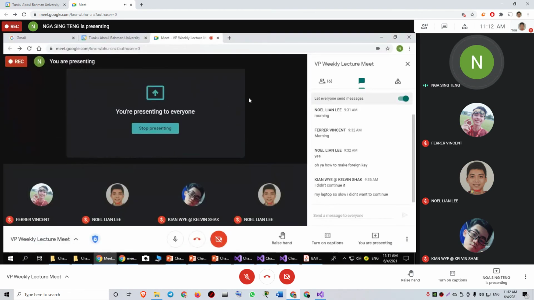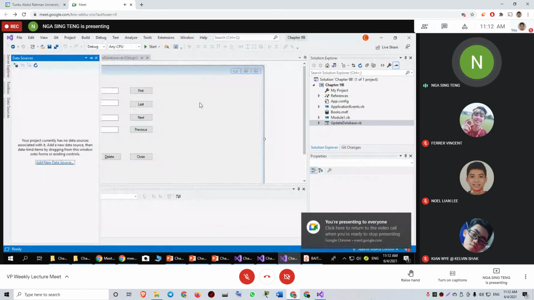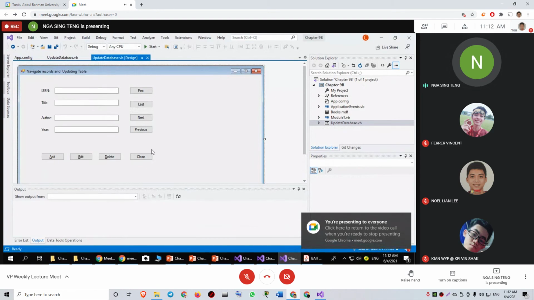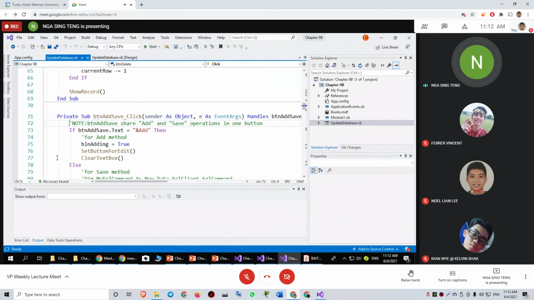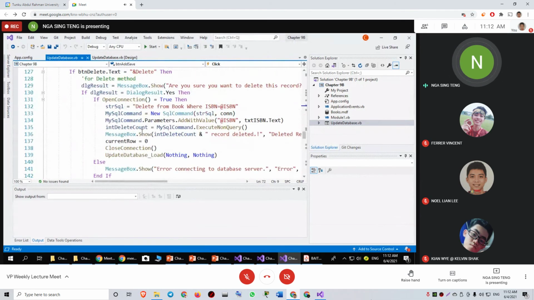All this will give you more ideas when you start to deal with the data source, what will happen if you do not deal with the data source, and what you can do to get all the data from your database. You still can deal with the database without adding a new data source. By all these codings, and actually the coding is inside here already, you just need to